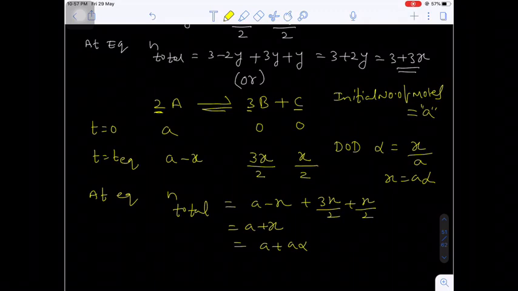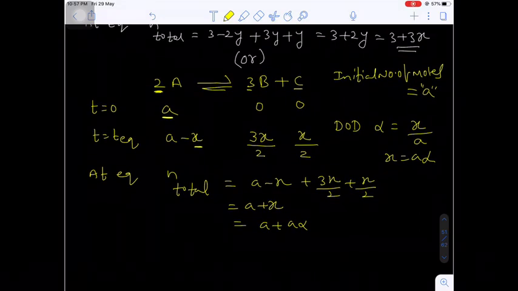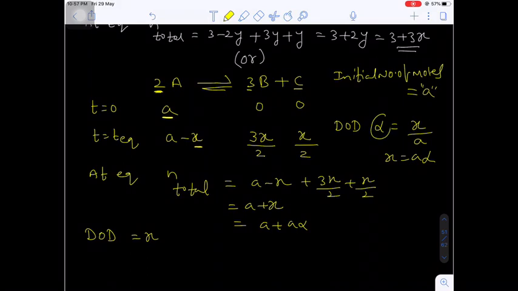So this is a very important common method. Once again, first of all, take the number of initial moles small a and subtract the x moles from small a. On the right side, whatever the stoichiometry, you write the stoichiometry multiplied by x, and we have to write divided by the stoichiometry coefficient of the reactant. That is very important. In this question, what is the DOD given to you? Here actually DOD is alpha. This x is different from that x.